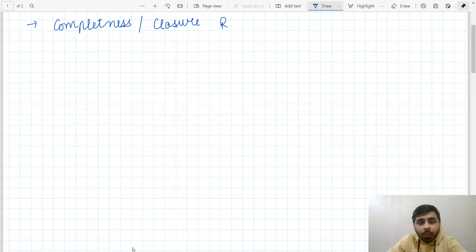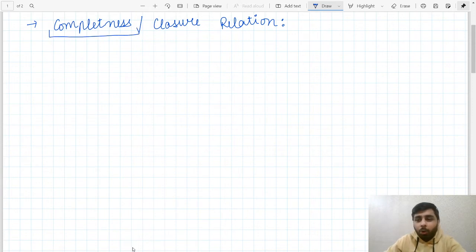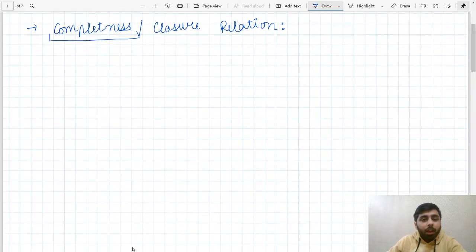A lot of times in mathematics, the word completeness might be used in a different context. So I'm sorry, this doesn't fit here, but the word closure is the word that I was looking for. Now, suppose that you are in a finite dimensional vector space, and suppose that you have chosen a basis. I'm going to denote my vectors like this: this is the first basis vector, this is the second basis vector, and so on. Let's say that my vector space is n dimensional.